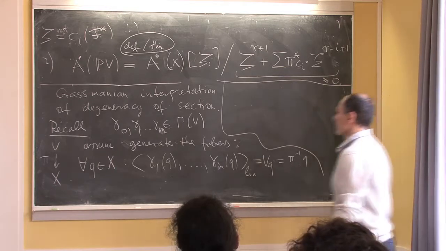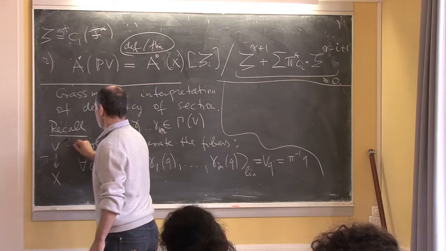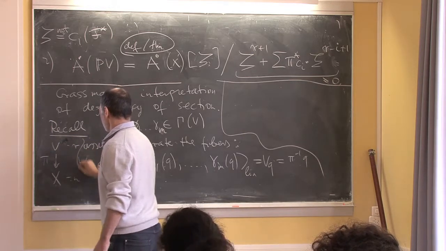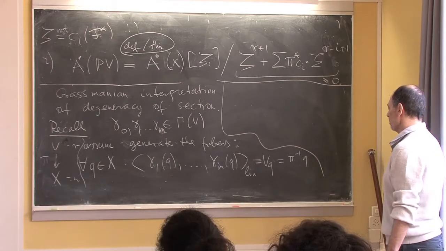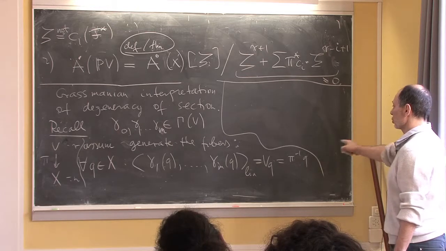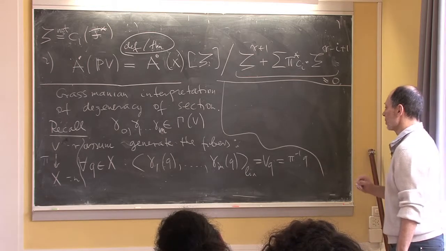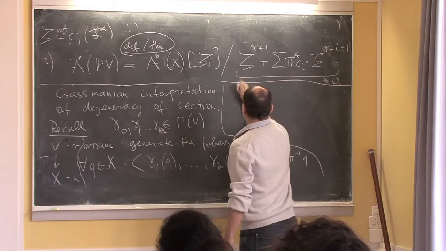Then this is rank R, so this I don't change. So this is rank R here, and this is dimension n here, right? So those are those numbers I don't change. And now I take m sections, and I assume that this condition holds, that they generate the fibers. Well, then I have a map from X, so this induces